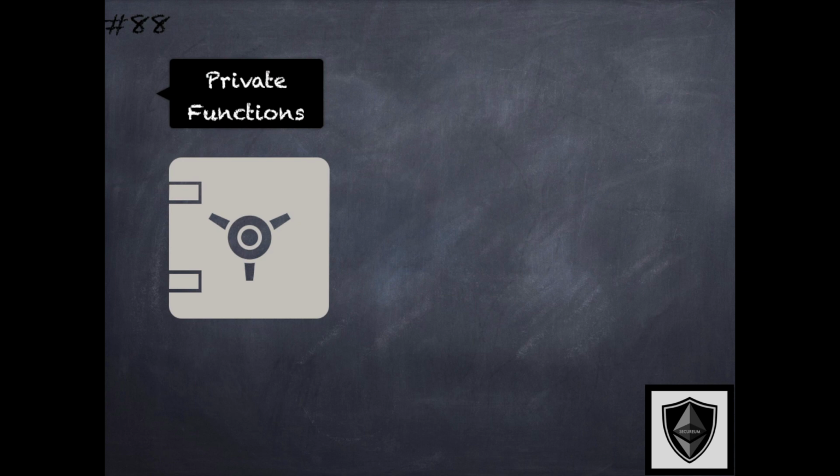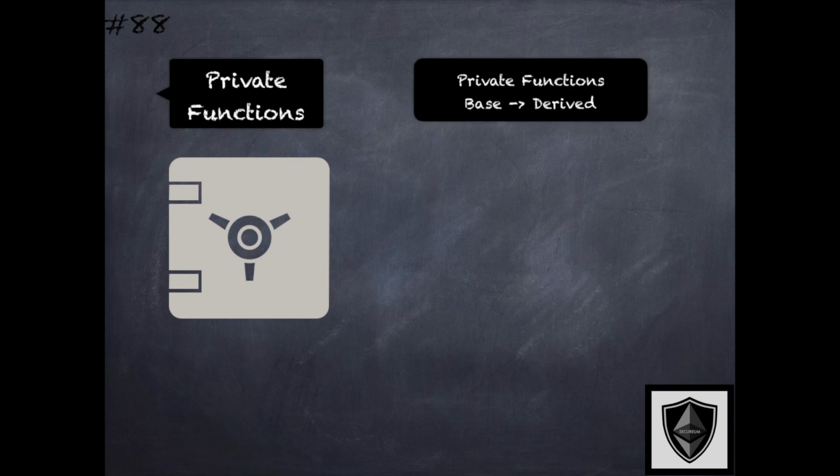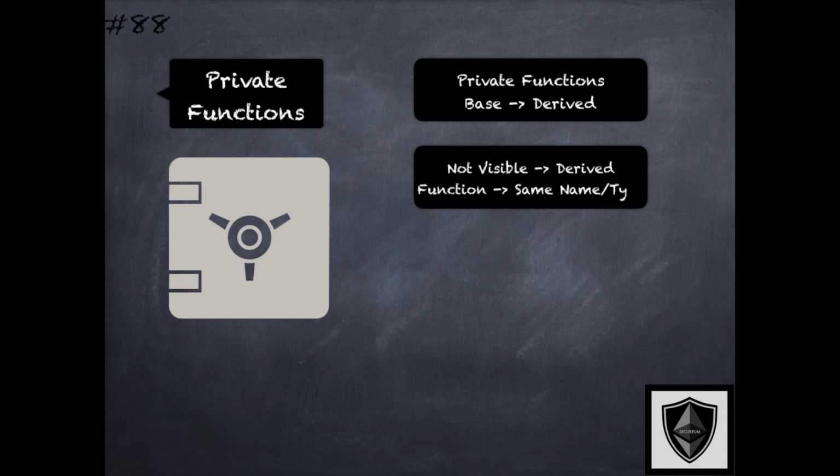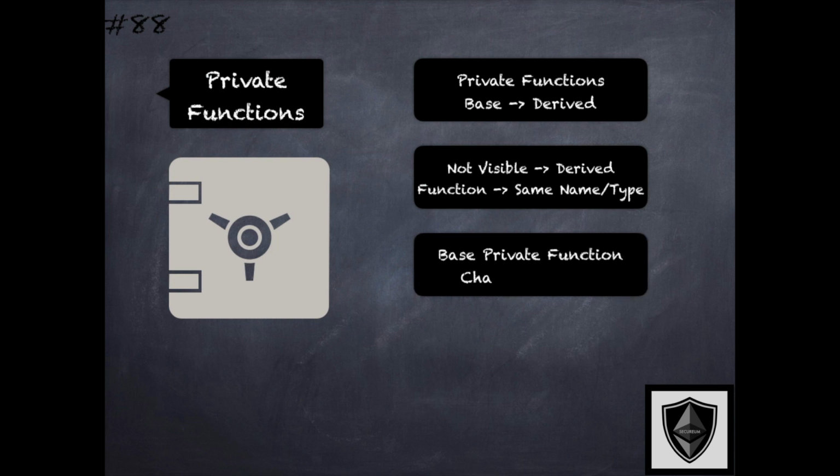This was a compiler bug that was specific to private functions. Recall that function visibilities in Solidity can be private, internal, public, or external, and private functions are specific to the contract in which they are defined. They cannot be called from any other contract, even those deriving from it. While this is true, it was still possible for a derived contract to declare a function of the same name and type as a private function in one of the base contracts, and by doing so, change the behavior of the base contract's function.